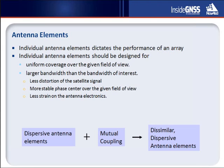how should we select the antenna element? Because if your building block is not good, the whole building is not going to be very good. So first thing is, you want these antenna elements to provide the upper hemisphere coverage because you're going to receive satellites from the upper hemisphere. Second thing,